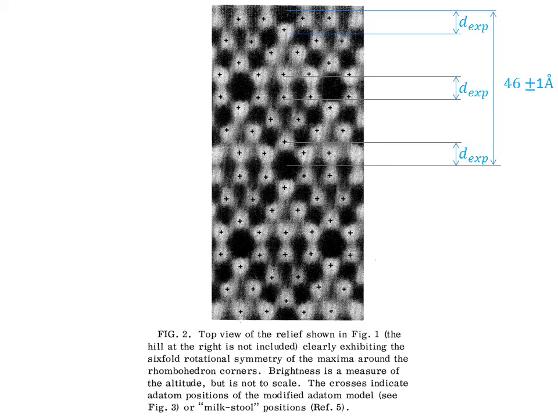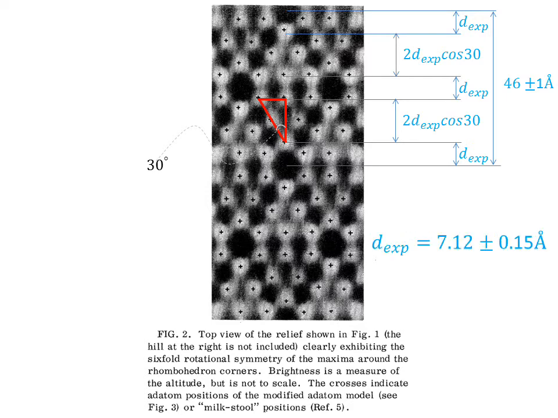It can be seen that the long diagonal passes through 4 maxima, which divide it into the following 5 parts. 1 part, situated at its middle, whose length is equal to d sub exp. 2 parts, at its ends, comprising the distance between the deep minima and the maxima neighboring them, with one and the same length, equal to d sub exp. And 2 more parts, each one of which is of length equal to 2 d sub exp times cosine of 30 degrees. From where we can calculate the value of the quantity d sub exp. As seen, the value of the quantity d sub exp is 7.12 ±